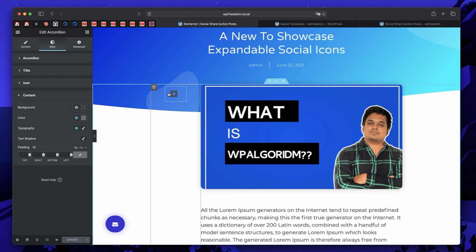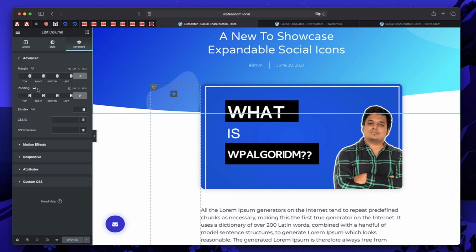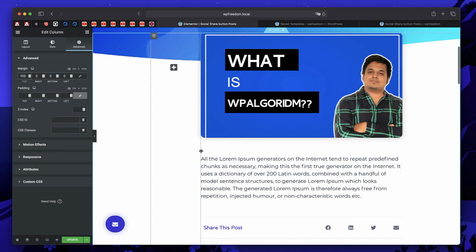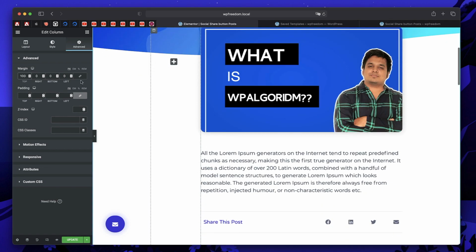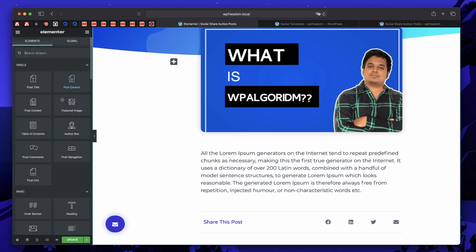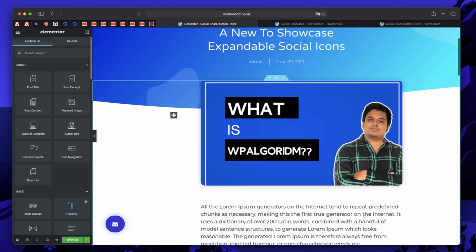And maybe you can add a margin at the top, maybe around 100 pixels. Maybe you can have the social share button there. Let's also add a heading widget just above the social share button saying, hey, just share this thing.